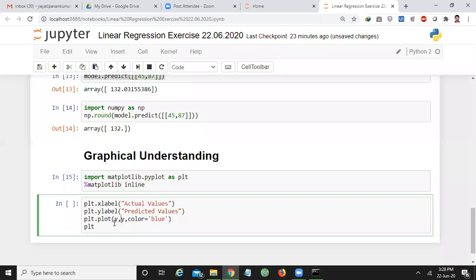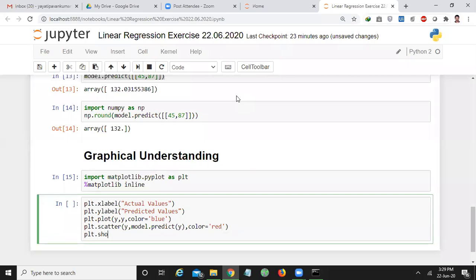Now, if you want to understand the convergence of the remaining data, you have to use the scatter function, y comma model.predict of y, and I want to give color equal to red.